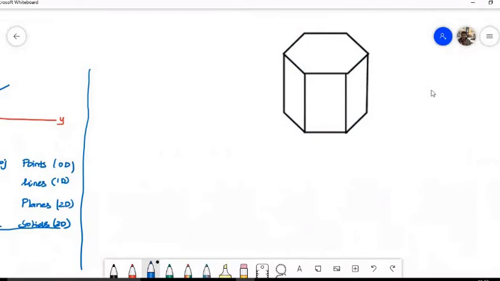So it has 2 bases, and in the base it has 6 edges on each base, and after that it has 6 longer edges, in the sense the edge that connects the bases. Okay, so these are called longer edges. So why I'm explaining these concepts is, in the question sometimes what will happen, they will use these terminologies to define the position of the plane, now position of this particular solid.